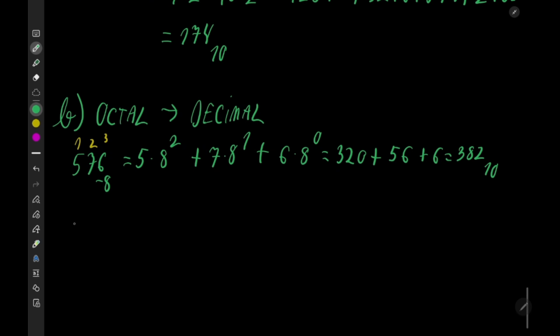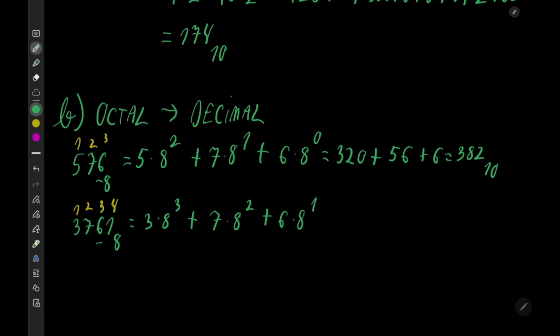Now let's take another example. 37618. This one, as you can see, has 1, 2, 3, 4. Has 4 bits. So the largest power is going to be 8 at the power of 3. Let's check the first number. 3 times 8 at the power of 3 is going to be the first number. Then we go down to 7 times 8 at the power of 2. Then the third number is going to be 6 times 8 to the power of 1, because we're going down with the power until we get to 8 to the power of 0. And the last one is 1 times 8 at the power of 0, which is going to be equal to